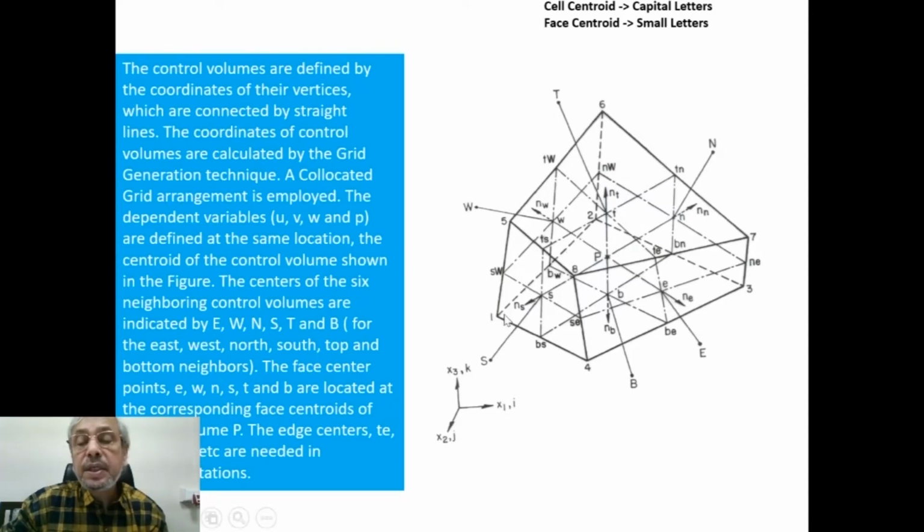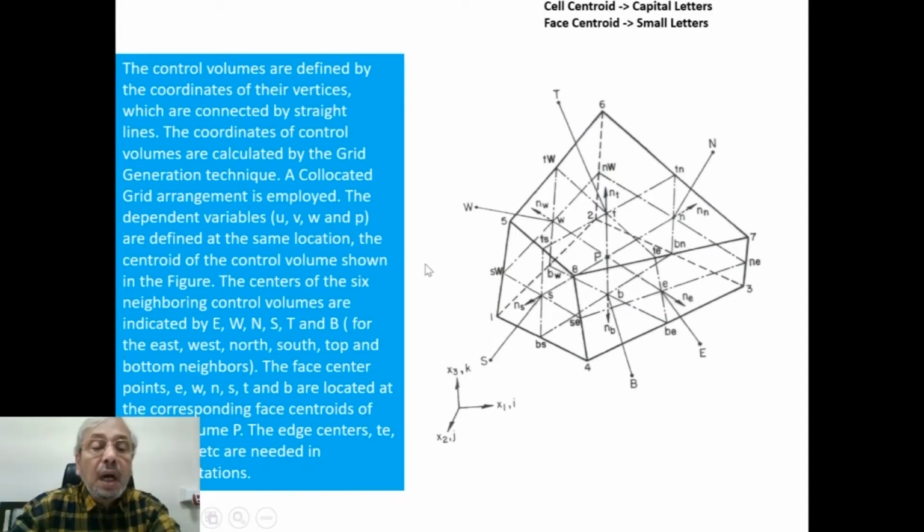So as you can see, 1-2, 2-3, 3-4, 4-1. Similarly, 5-6, 6-7, 7-8, 8-5. These are connected through straight lines. The coordinates of control volumes are calculated by the grid generation technique. A collocated grid arrangement is employed. The dependent variables u, v, w and p are defined at the same location, the centroid of the control volume